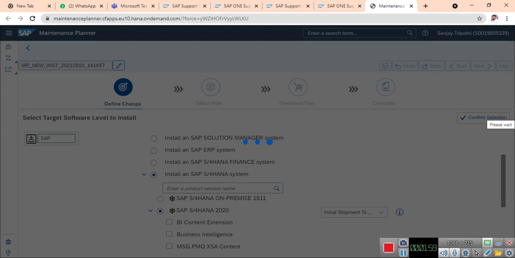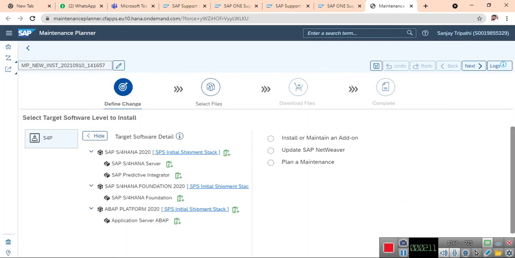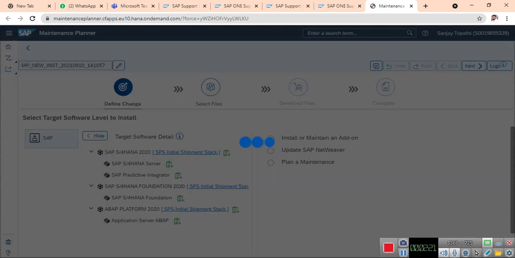Along with this S4 HANA 2020, am I going to install any add-on? If you want to install any add-on, for example, let's take you want to install GRC or any other BW software, then these are the softwares which are going to be installed. Along with this, you can update your retriever, or you can add an add-on. Now I want to add an add-on. Let's take a GRC add-on,